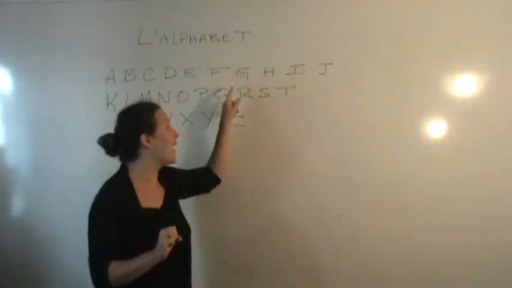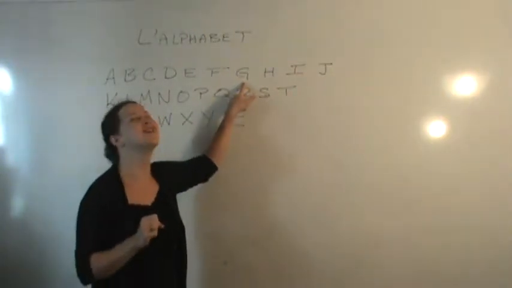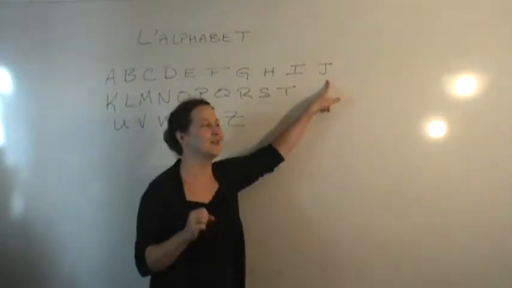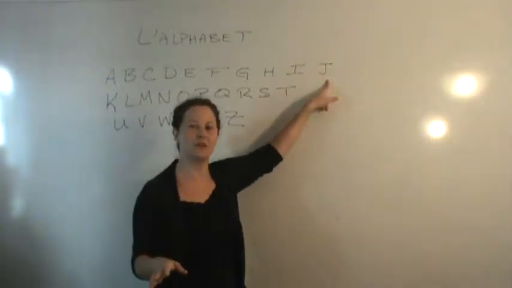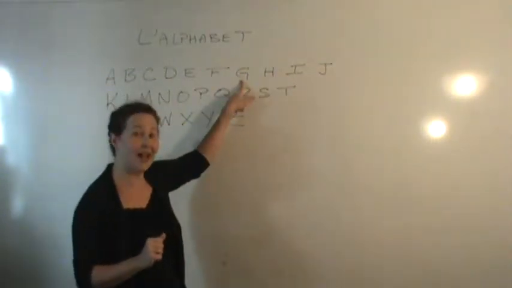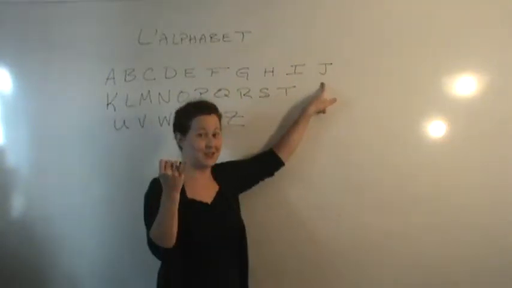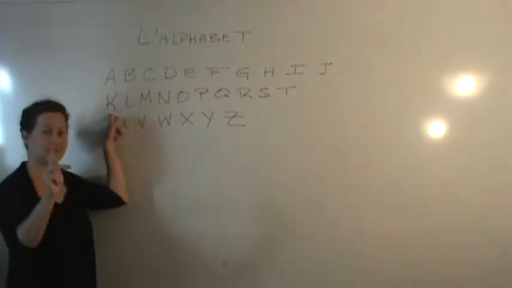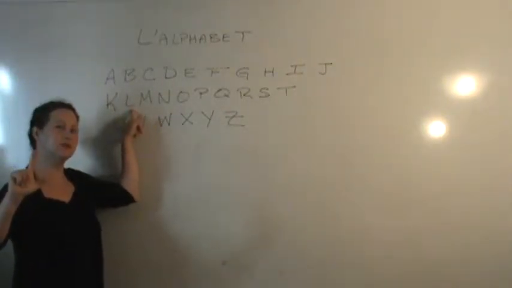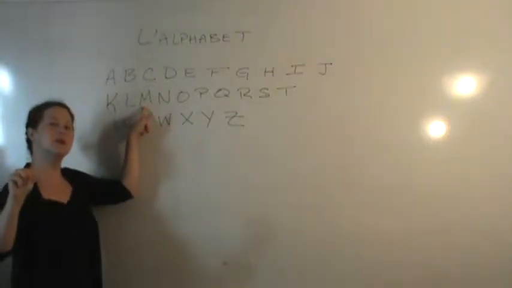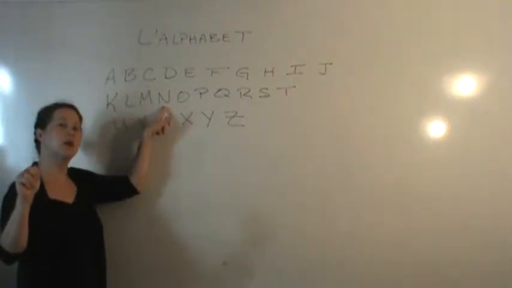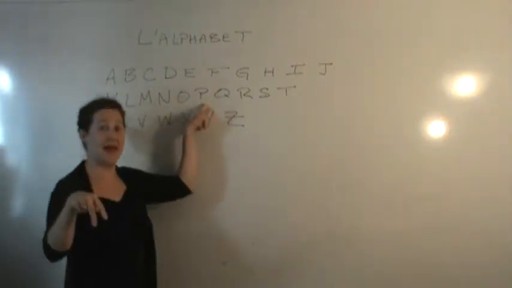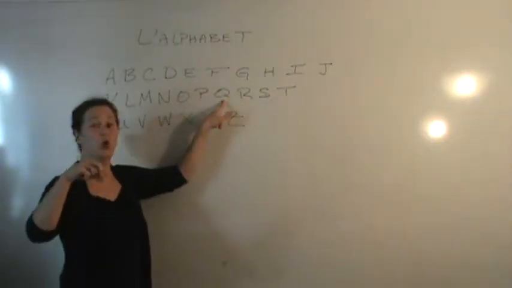Now, let's go back. We remember this is pronounced J. This is pronounced G. So it's going to get a little confusing. I generally mess it up every time. But you have J and G. Okay? K, L, M, N, O, P, Q,